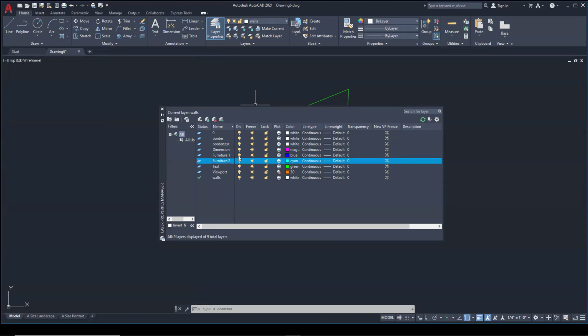And you'll notice I have 2 options here. I have on and freeze. And both will make the furniture 2 layer disappear. If I'm turning a layer off, I'll just left click here on the little light bulb, and you'll notice that that light bulb turns blue. So that's telling me that that furniture layer is turned off. I'm going to turn it on, and I can freeze that layer. And right now there's a little sun here, and if I click on it, it turns into a little winter snowflake, and that layer is frozen. And in both cases,